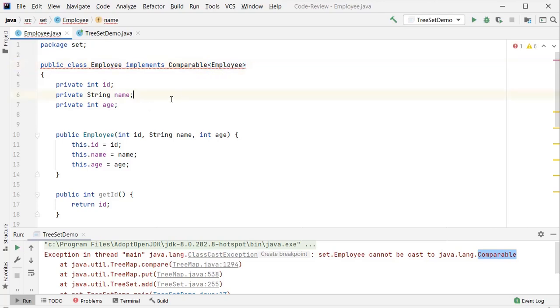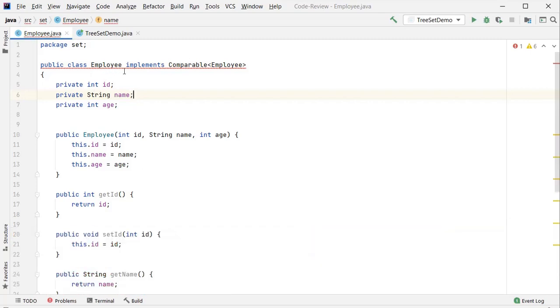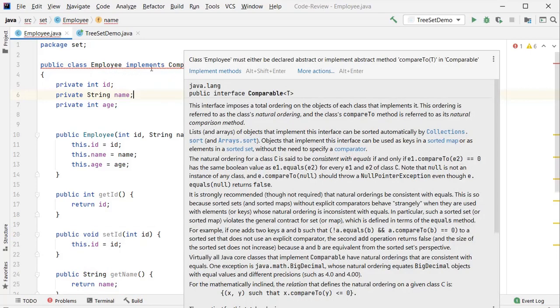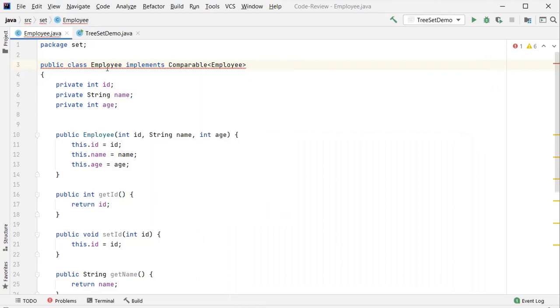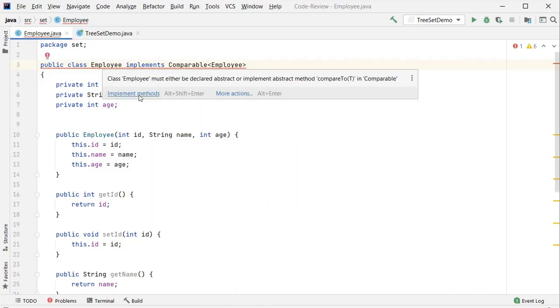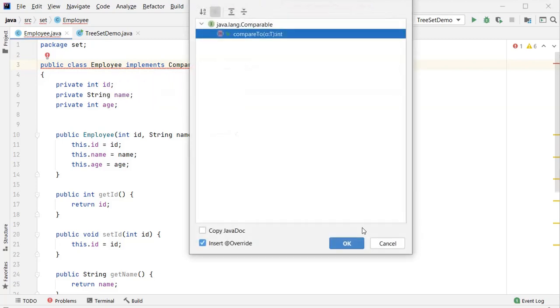Now we need to override a method, that is the compareTo method. Okay, so you can click on the problem and you can see implement the method. So this is the compareTo method.